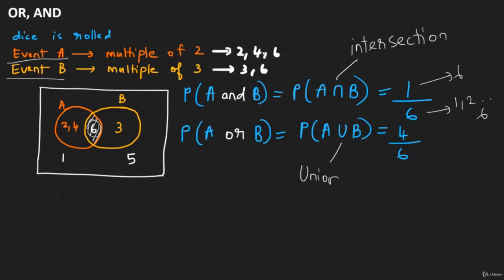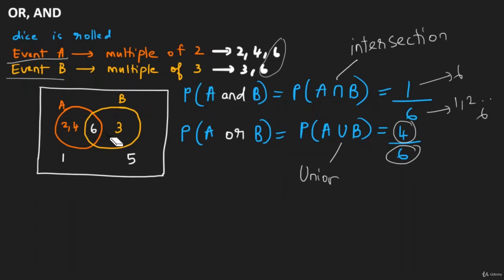If you get 2, 4, 3 or 6, 6 is common, right? So 1, 2, 3, 4. There are 4 possibilities where A or B is satisfied, and we have seen over here there are a total of 6 possibilities that can happen. So the probability of A or B happening is 4 by 6, and from the diagram you can